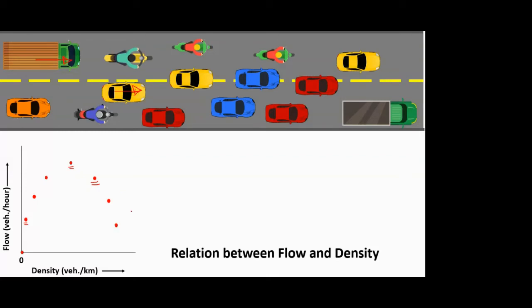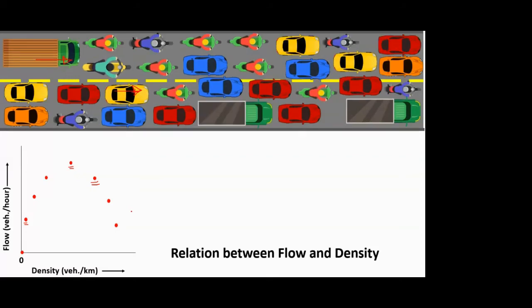So the density value goes on increasing up to, again, this condition where now you have a full pack condition. All the vehicles have taken the space on the road stretch, and now all the vehicles have come to a standstill.